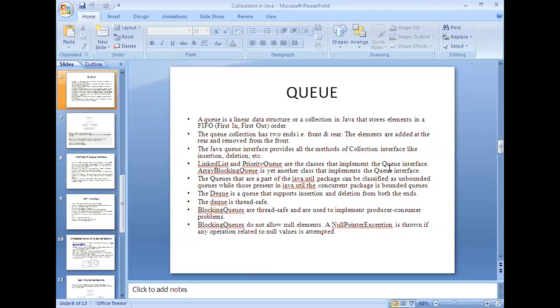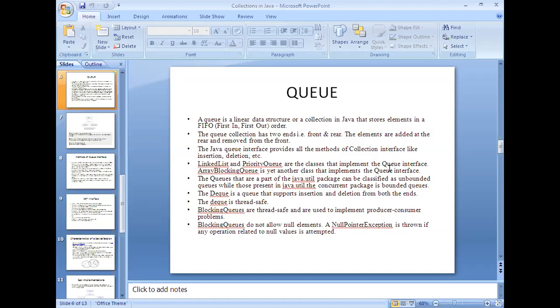Whatever the size of the queue, if you fix it well in advance, that is called blocking. That means you cannot store more elements than the maximum size. If you fix the maximum size as 10, for example, and you have already stored 10 elements, you don't have the right to store an 11th element into the queue because you have fixed the size. So blocking protects the queue from unauthorized entry.